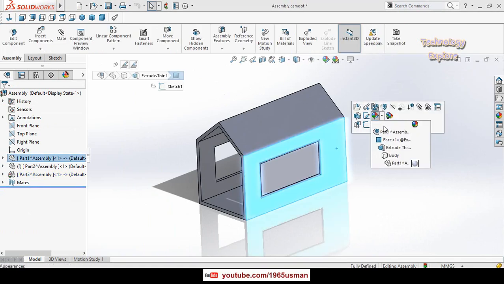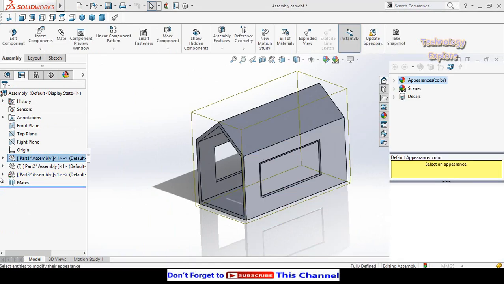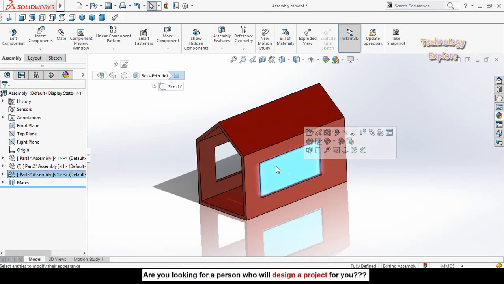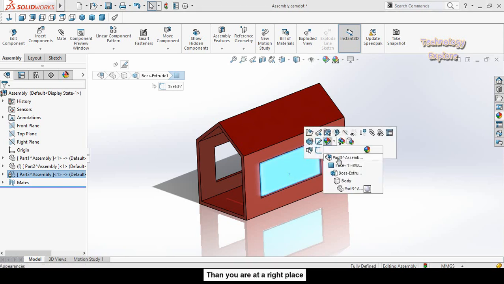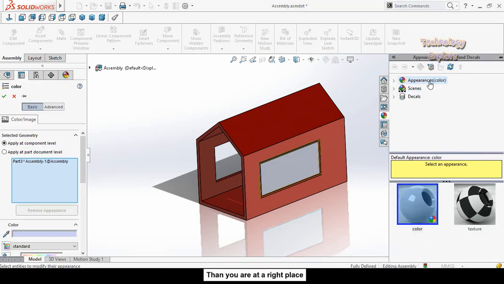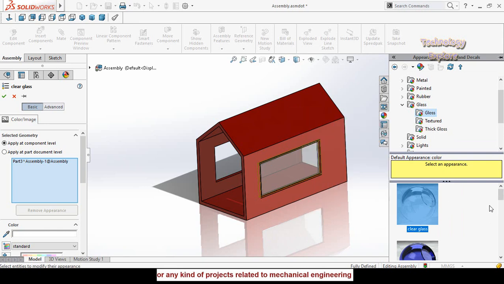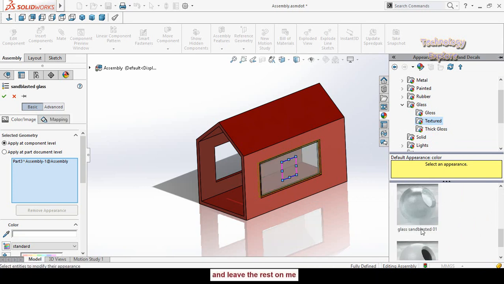now change the color, let's say it's red, and then click on this glass, then from here select appearance, part, these are the appearances, scroll down and from here select glass, select any type of the glass from here, these are the colors, so these are the other type of glass.